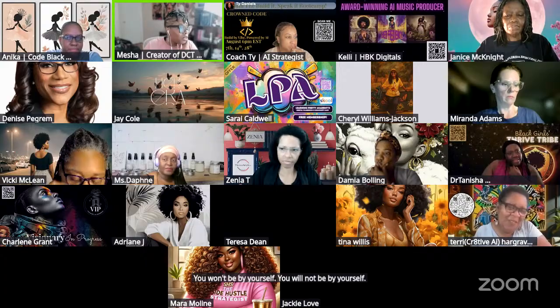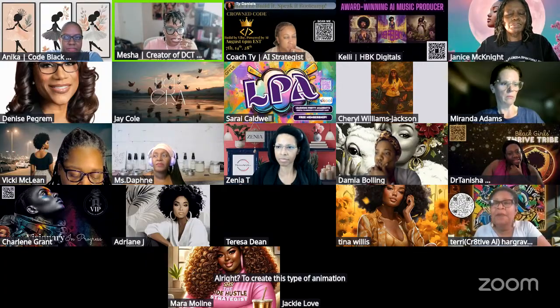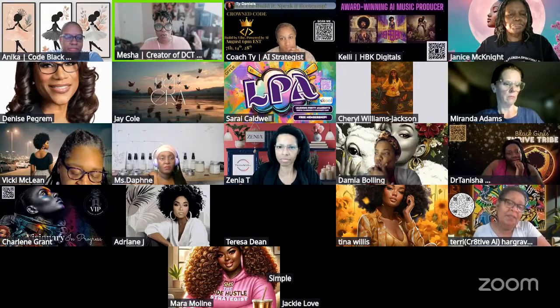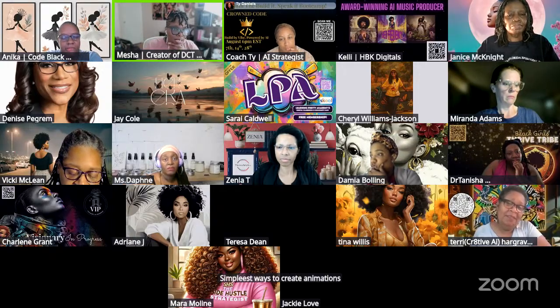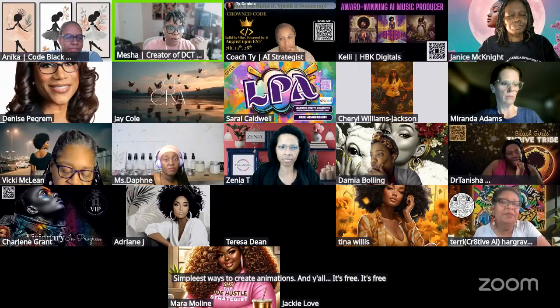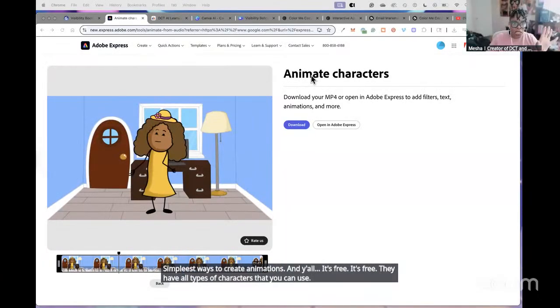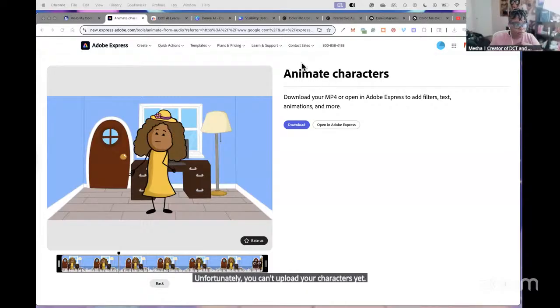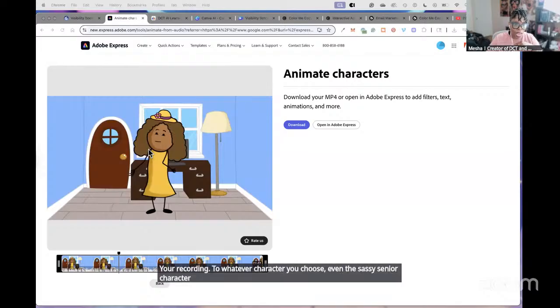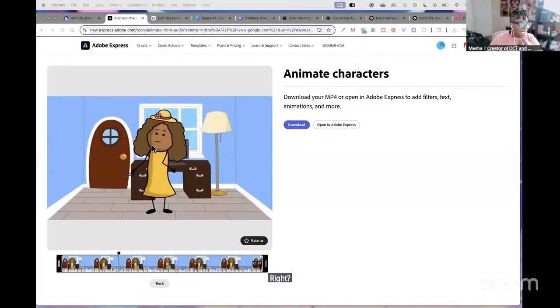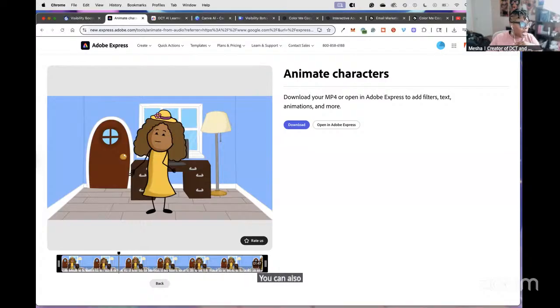All right. To create this type of animation, this is one of the most simplest ways to create animations. And y'all, it's free. They have all types of characters that you can use. Unfortunately, you can't upload your characters yet. But this is Adobe Express. So you can create these inside of Adobe Express and you can upload your recording to whatever character you choose, even the sassy senior character as Ty has called her out to be, right? All right. And the system will lip sync it all for you. You can also do it inside of NIM,